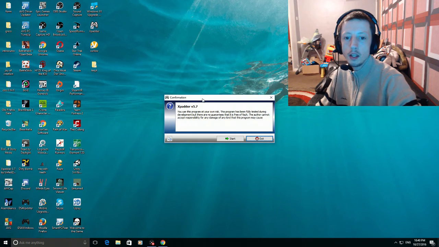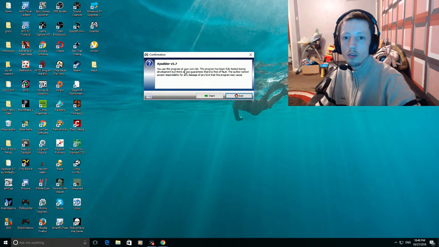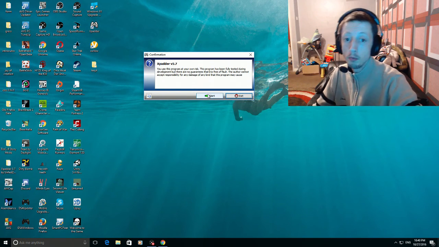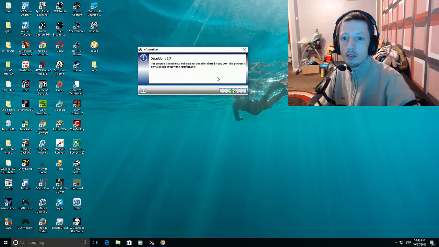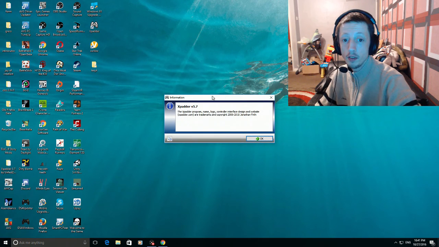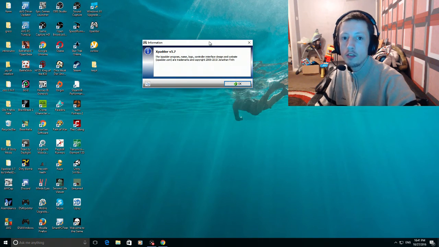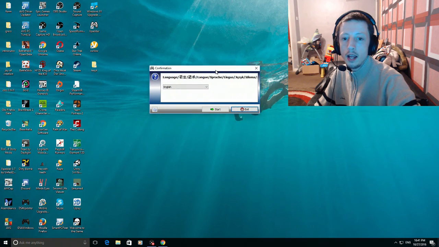So I'm just going to give it a moment, and there you go. So you get this little box here saying you use this program at your own risk. The program has been fully tested during development, but there are no guarantees that this is free of any faults. The author cannot accept any responsibility for any damage of any kind if this program does do anything like that. And it's never done that to me, so it's good. So you click on Start, and then it'll say the program is commercial and not to be sold or shared in any way. This program is unavailable directly from xpadder.com. Well, it's not, because I've already got the link on there. The Xpadder program name, logo, interface, design, website, all copyright of Jonathan Firth. Okay, so click OK,